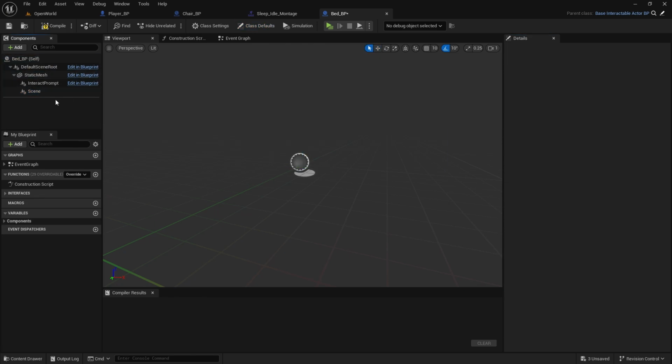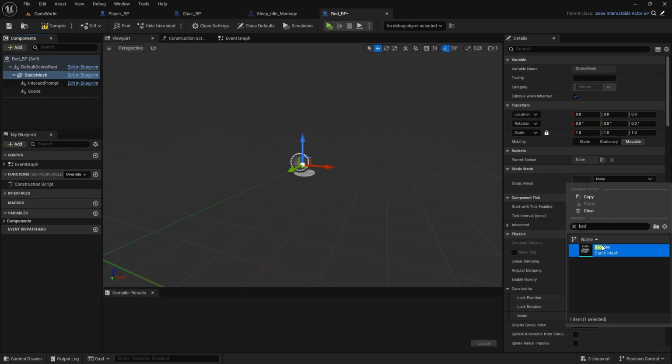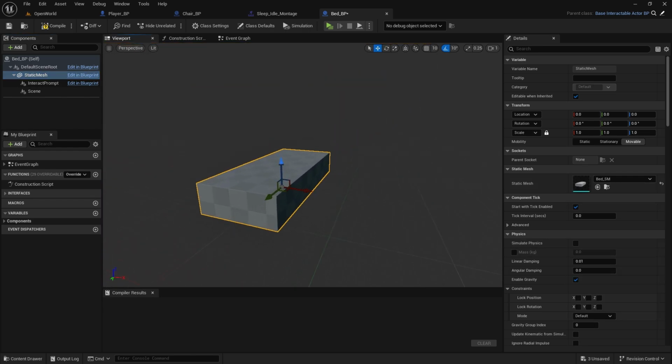Add it to the static mesh. This static mesh will be bed. Don't change any position, rotation or anything. If you create it by default, this is what we want basically. And now for the bed,